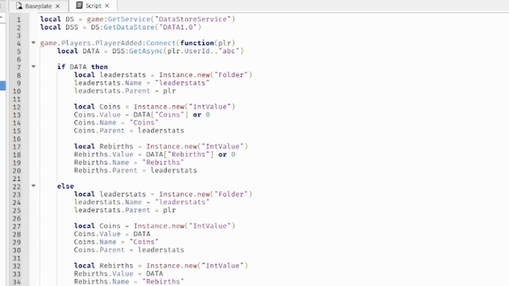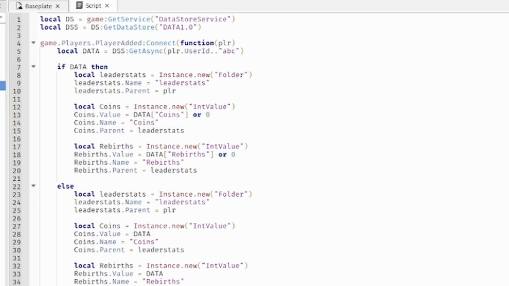Me personally, I like the method of saving this by variable, so we're just gonna do savingTable[v.Name] equals v.Value,